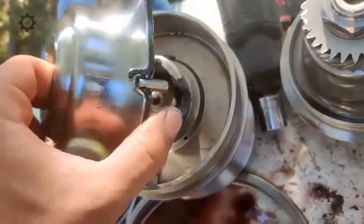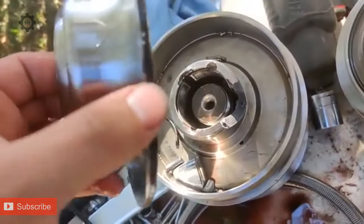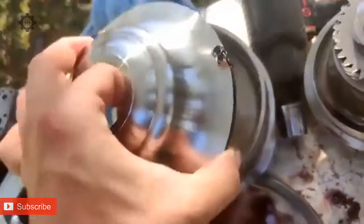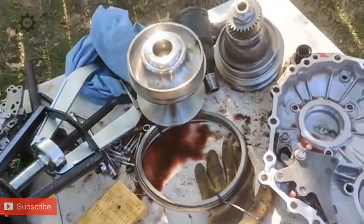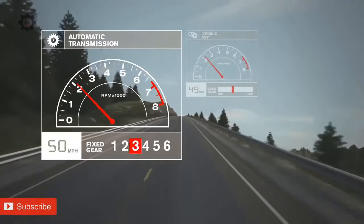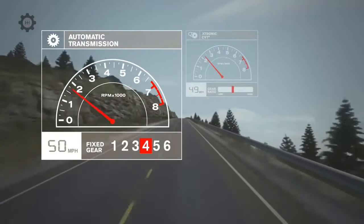Nissan CVT transmission problems have become pretty much synonymous with the Nissan Altima at this point, which is why we decided to discuss the Altima first. But the Nissan Pathfinder was actually one of the first Nissans outside of the Murano to have a CVT transmission installed in it way back in 2005 when the first third-generation Nissan Pathfinder was released. And not coincidentally, that year's Pathfinder ended up going down as one of the worst Pathfinder model years for transmissions